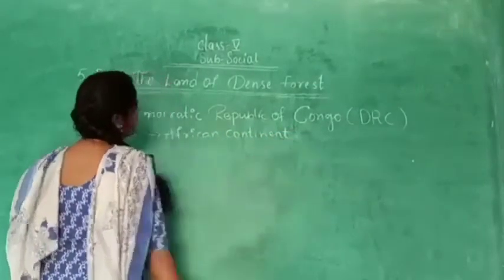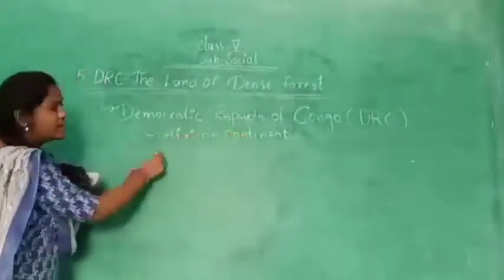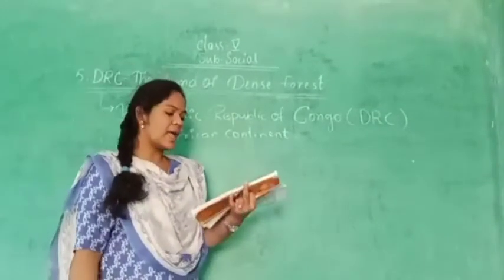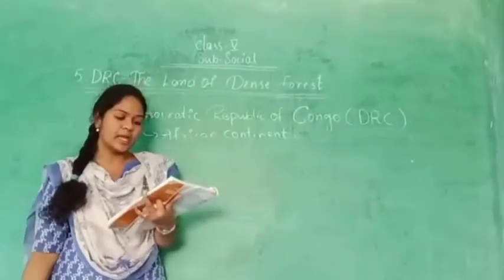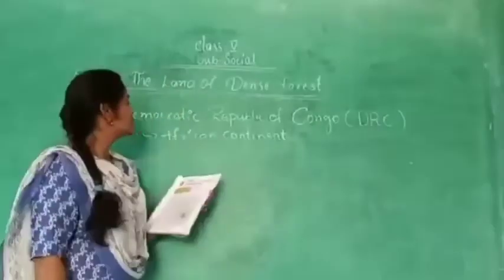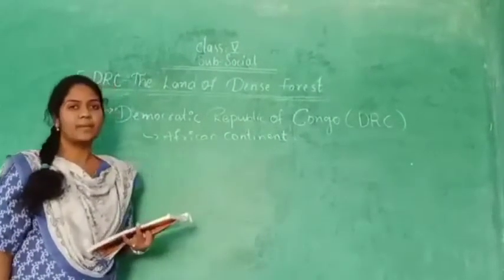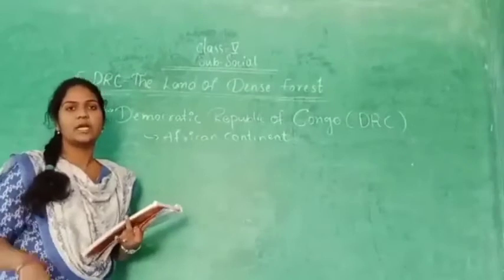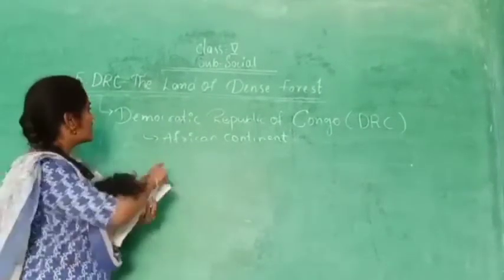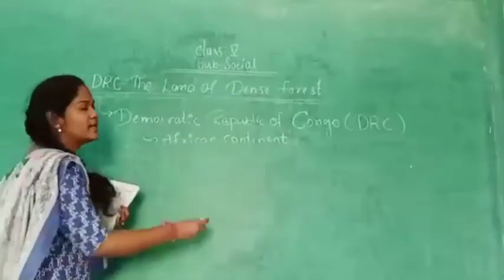In total we have 7 continents. From that, the Democratic Republic of Congo is a country located in the African continent. Here it lies in the torrid zone. The equator passes through northern DRC. So in which zone will it lie, beta? In the last lesson we discussed the different types of zones: torrid zone, temperate zone, frigid zone. So this African continent and this country, the Democratic Republic of Congo, are located in the torrid zone.